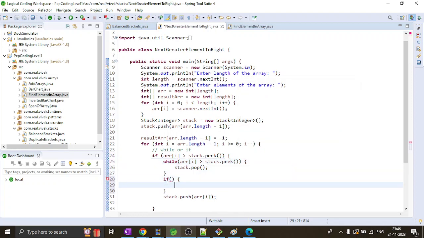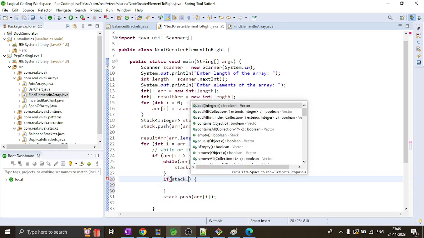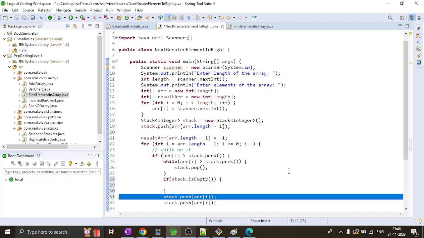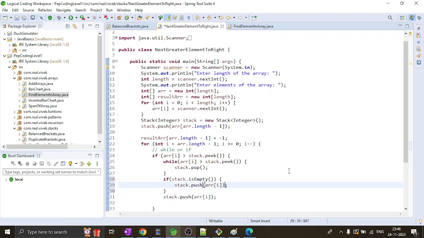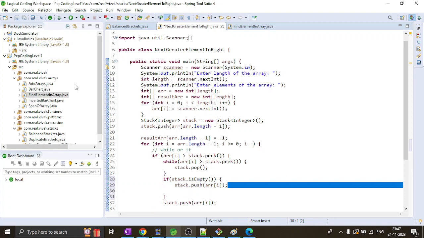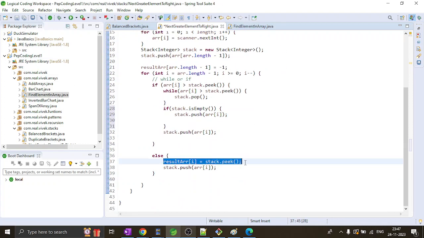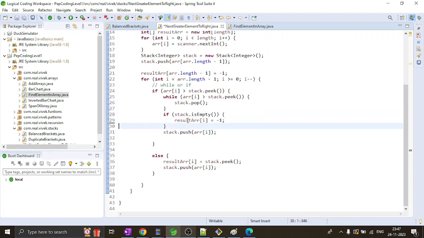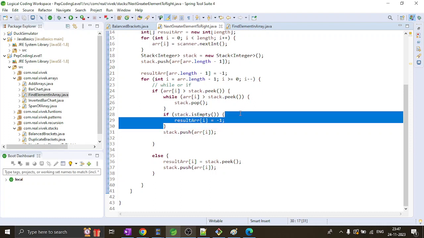If stack is empty, then we insert -1, push. Where is that array that we had? Result array of i is -1. So what other condition did we have? Yeah, this is the only condition that we have: if stack is empty,